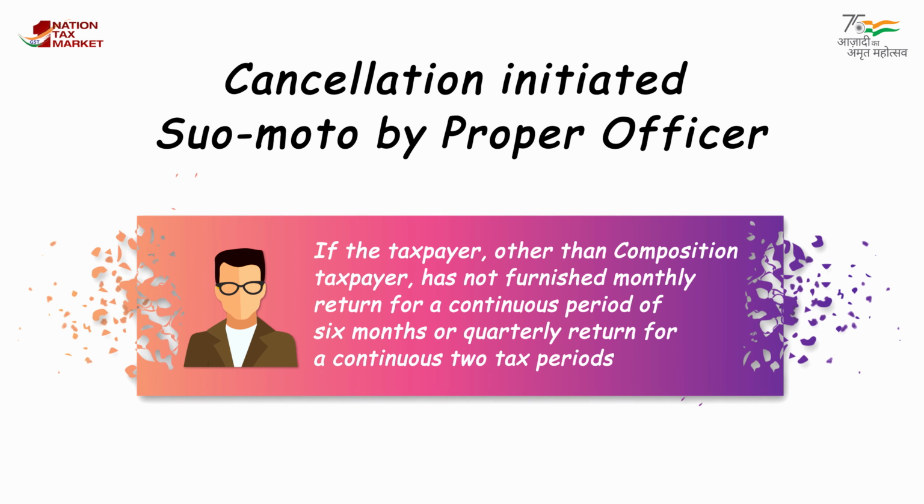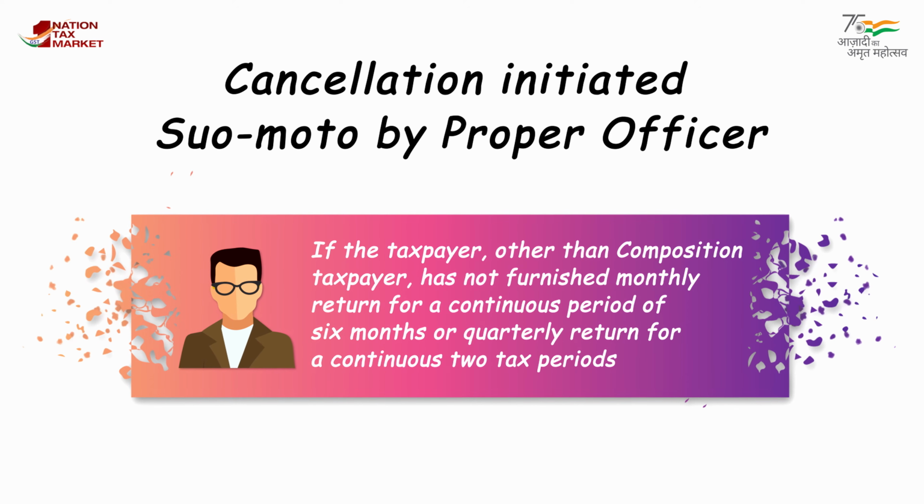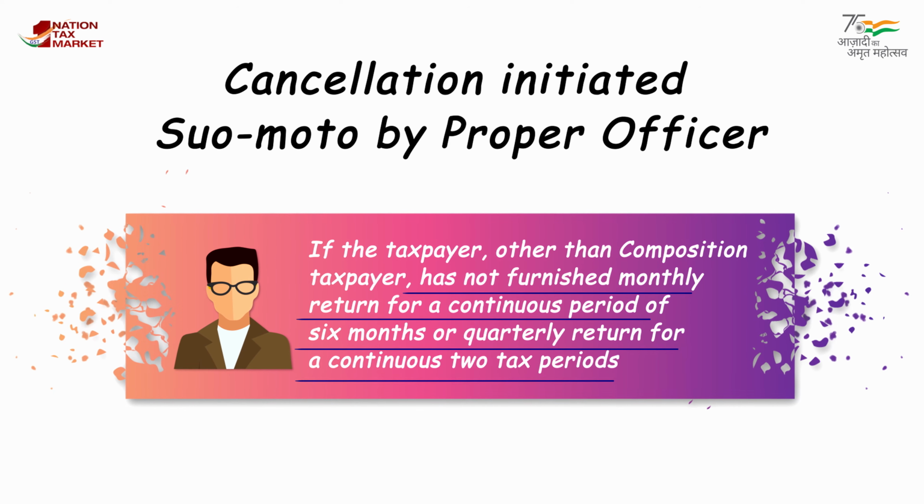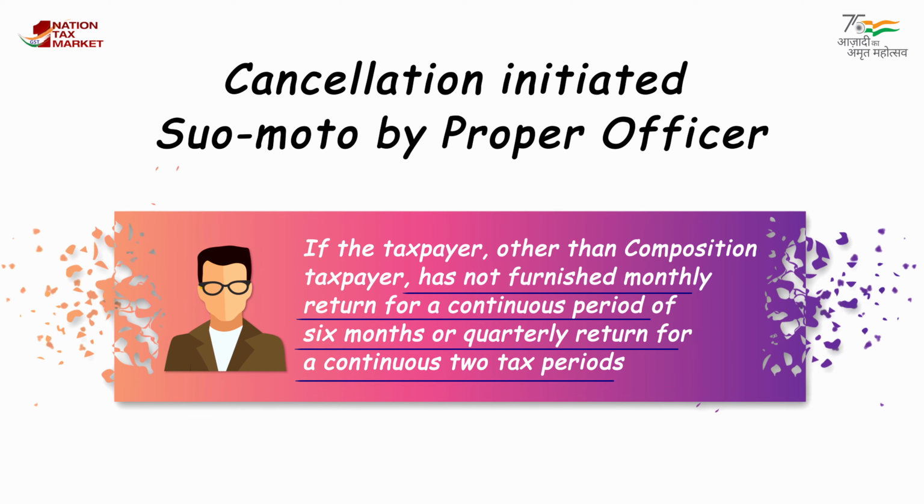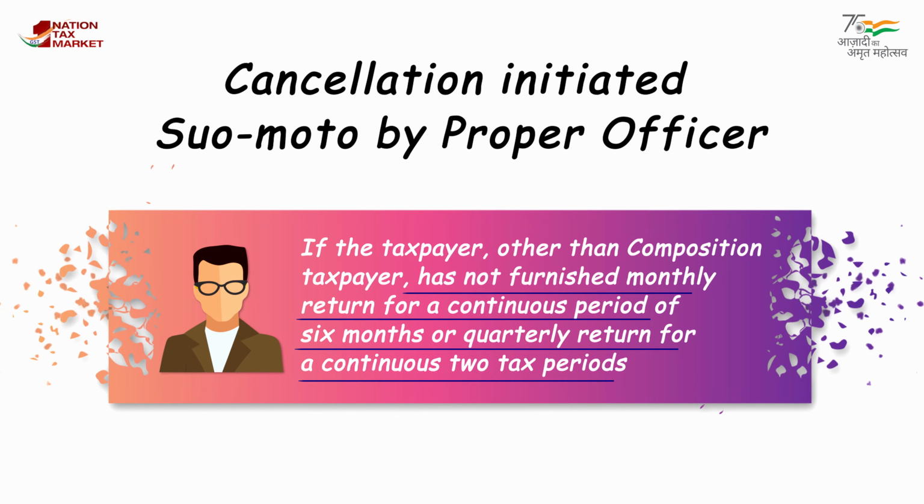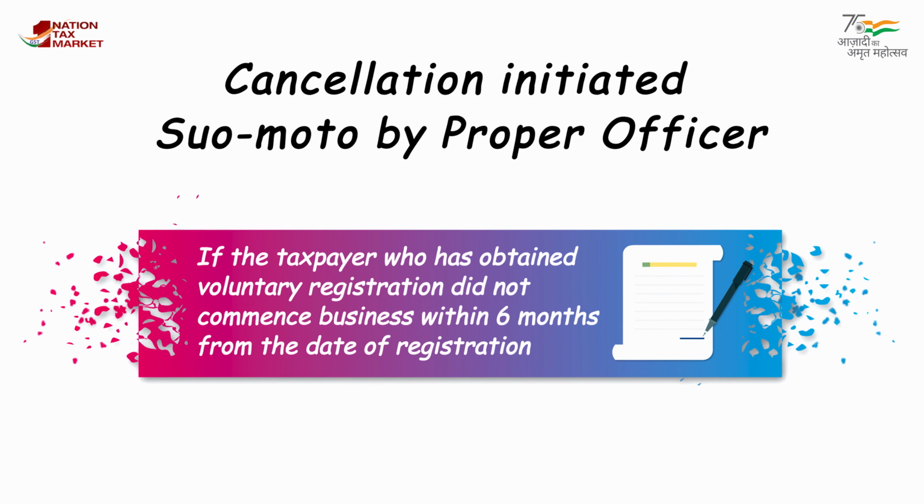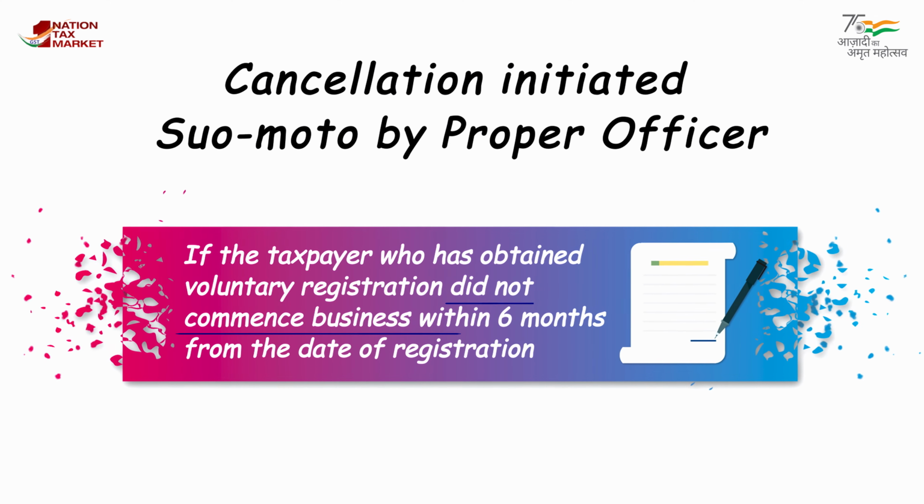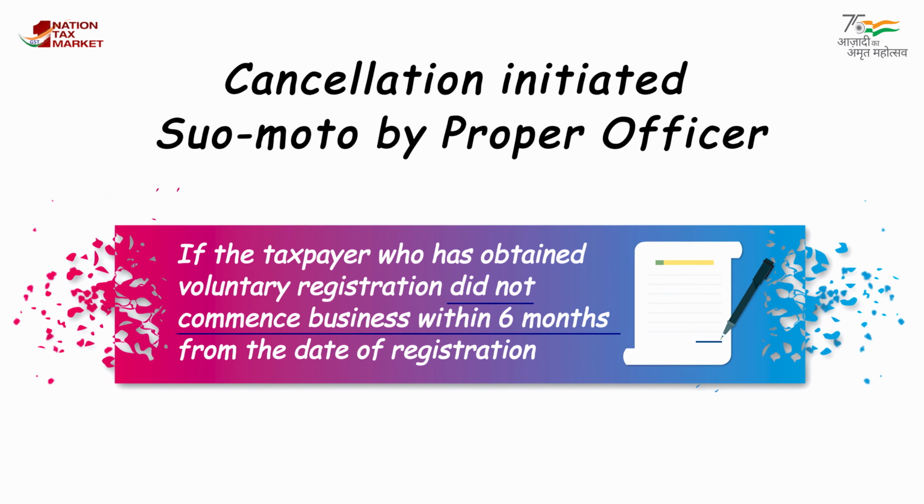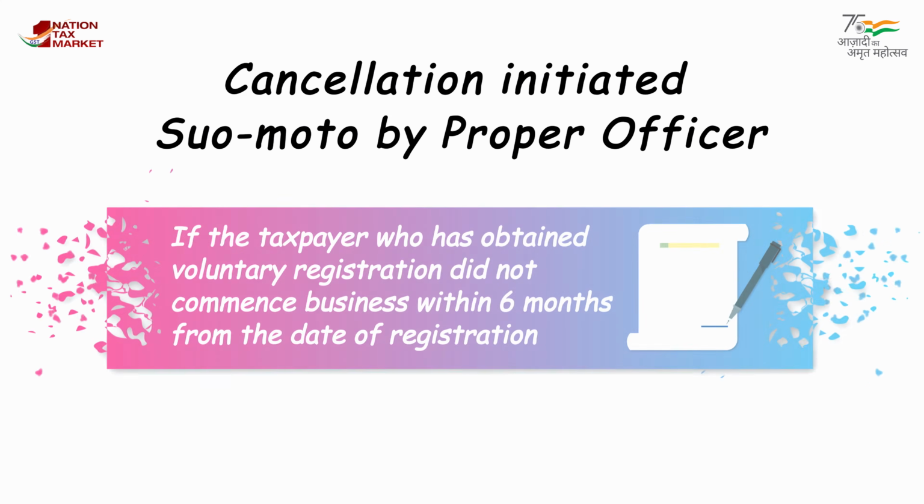if the taxpayer other than composition taxpayer has not furnished monthly return for a continuous period of 6 months or quarterly return for a continuous 2 tax periods, if the taxpayer who has obtained voluntary registration did not commence business within 6 months from the date of registration,